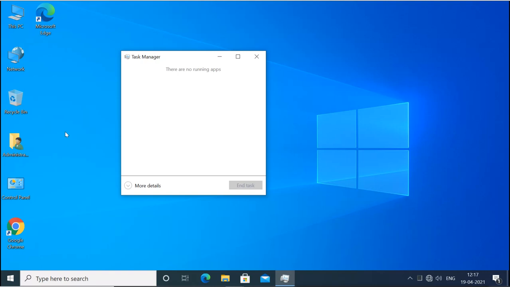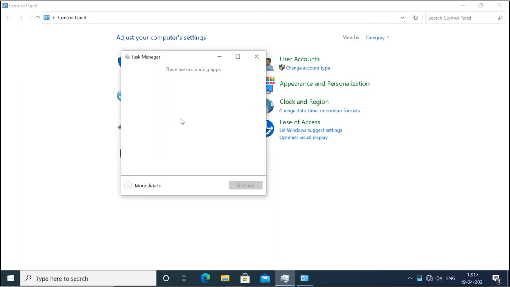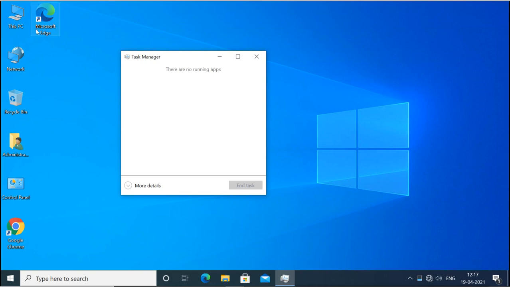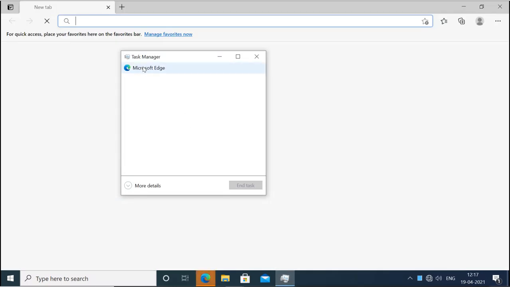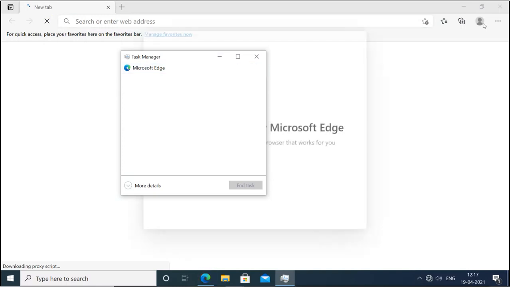For example, if I run the Control Panel, it is not an application, it is actually Explorer. I should have run some application. So it shows all running applications here in the Task Manager, but the first time it looks like this.